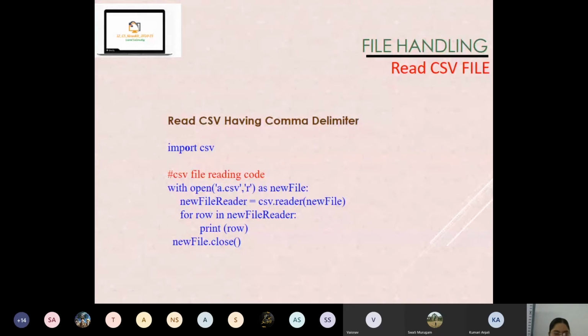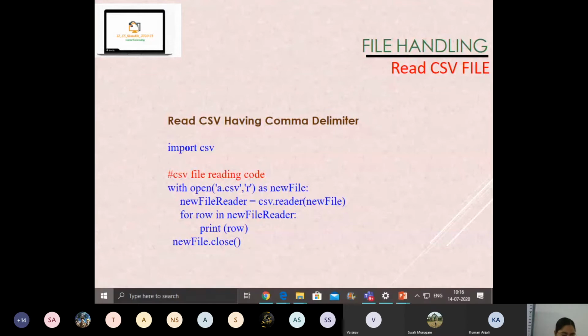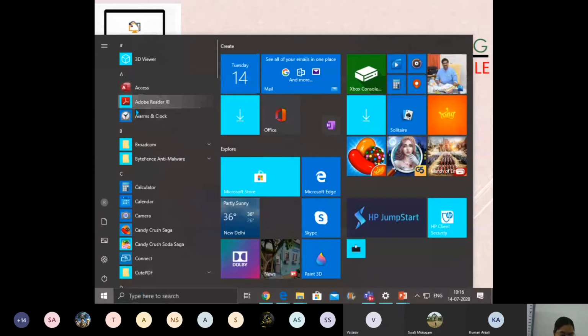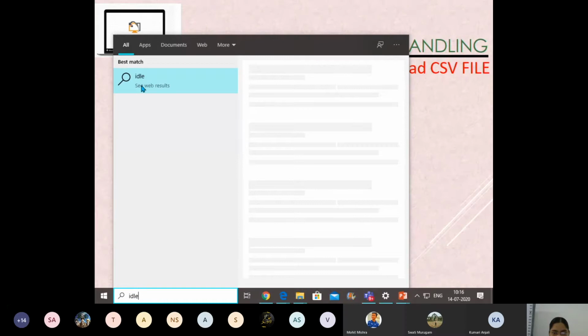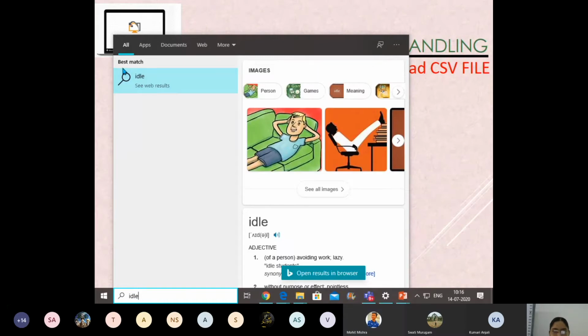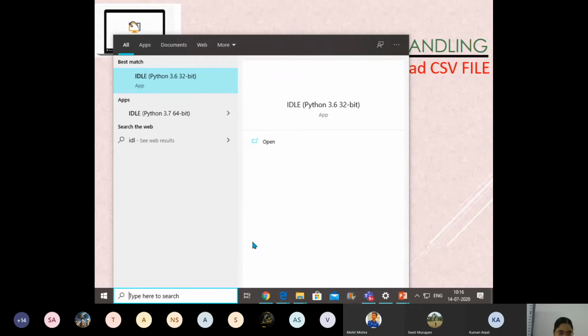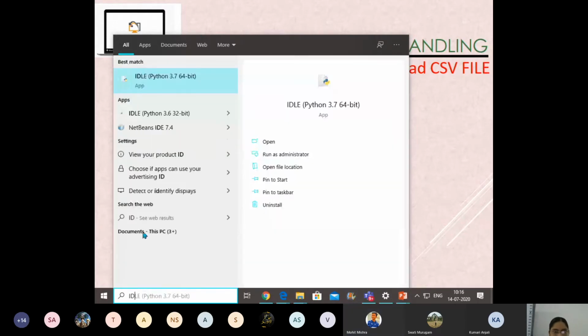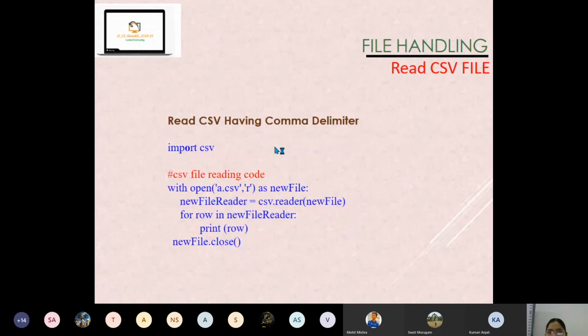Let me open IDLE, then it will be more clear for you. Now I am opening our IDLE, that is Python Integrated Development Environment.